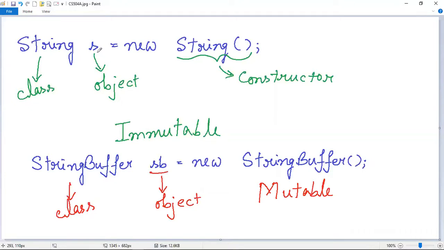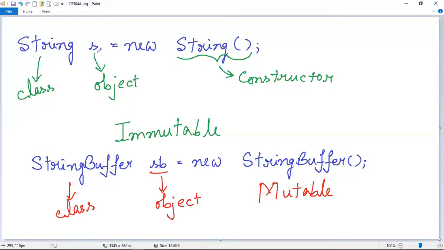But although immutable objects are very efficient and convenient to use, mutable objects are also needed whenever you want to change the contents later. It may be possible that in some programs, the string objects that you once create need to be changed later. In those cases, you have to use mutable objects.